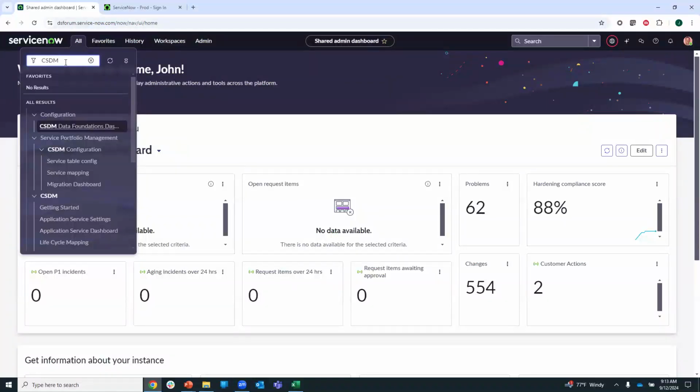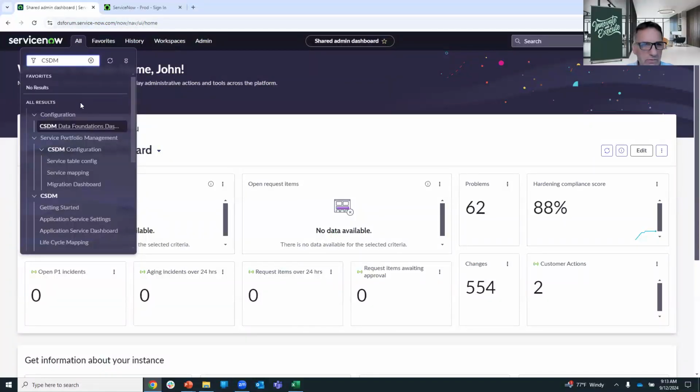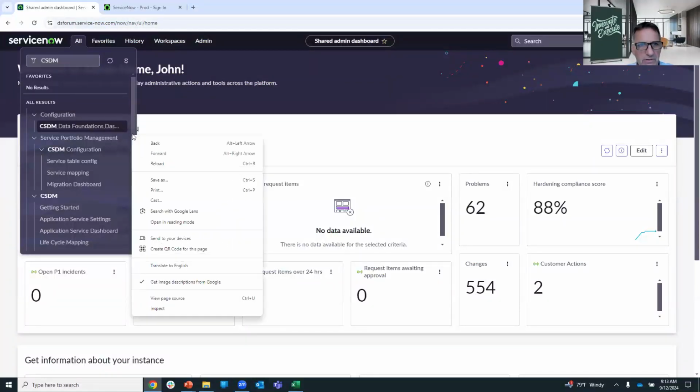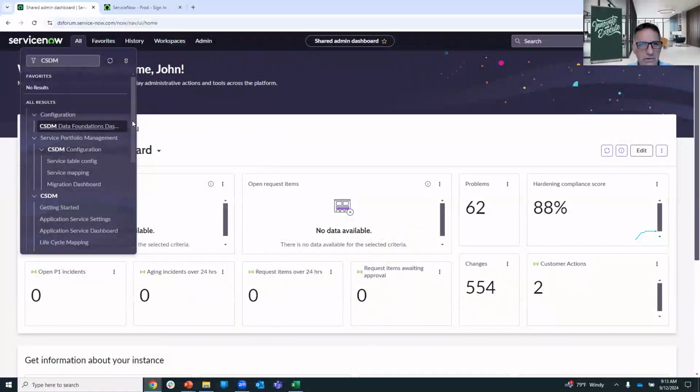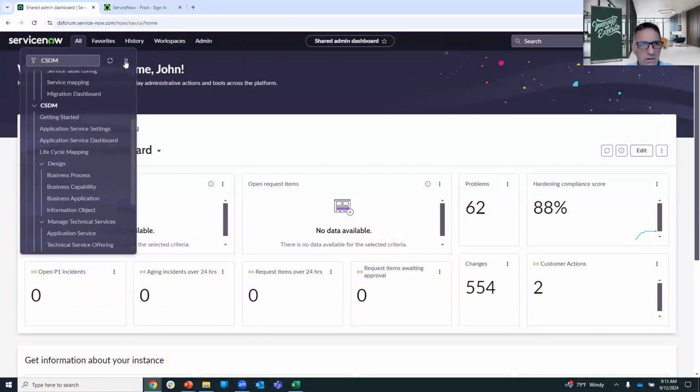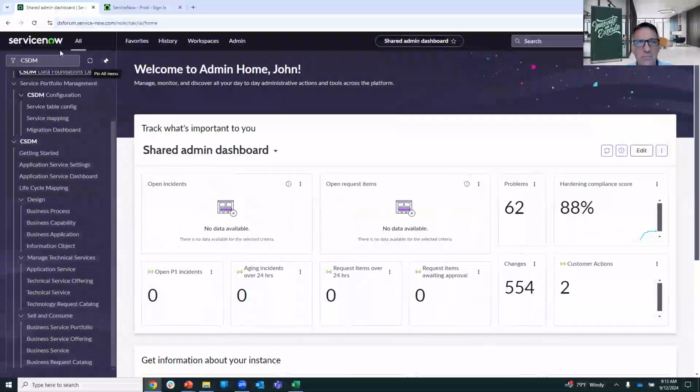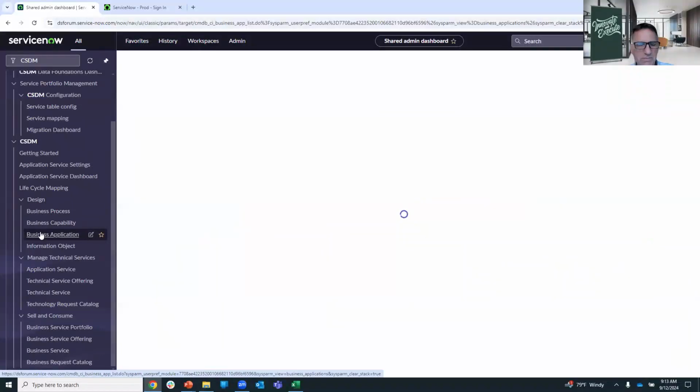What is that relationship? Let's do that right now. So what I'll do is I'll go into CSDM, right? So if you're in your, I'm going to pin this. And I'm building this in the app so you guys can go touch it if you want to afterwards, right? This is the one I give you the admin login to. So if we start in the design domain and we go to the business application,